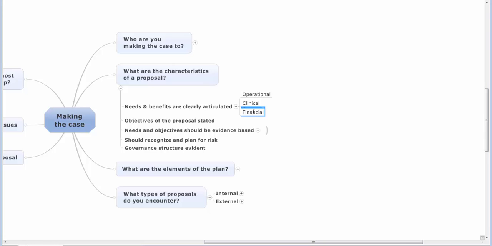So you're actually getting a benefit in a different way. Now, it's more difficult to articulate those, but often those things actually have a huge benefit as well. But again, it's a more intangible benefit. We'll come back to that idea for evidence later on, because you can see it's evidence-based for needs and objectives later on. So once you've got the idea of what you want to do, the next step is to actually